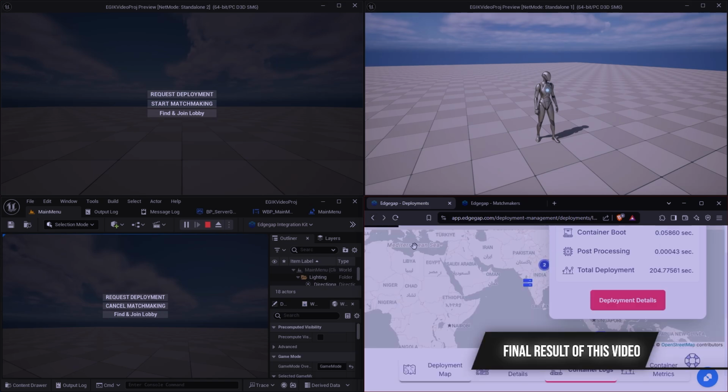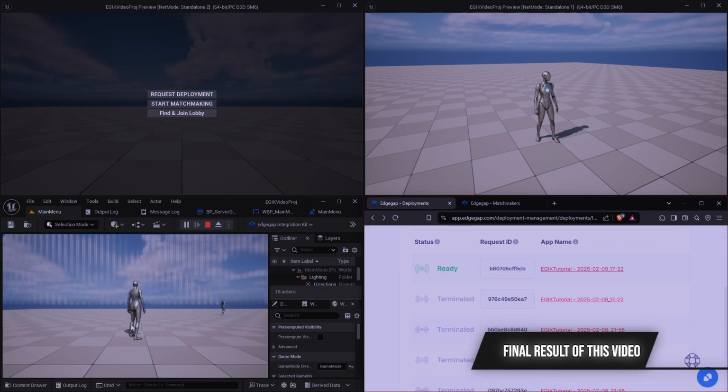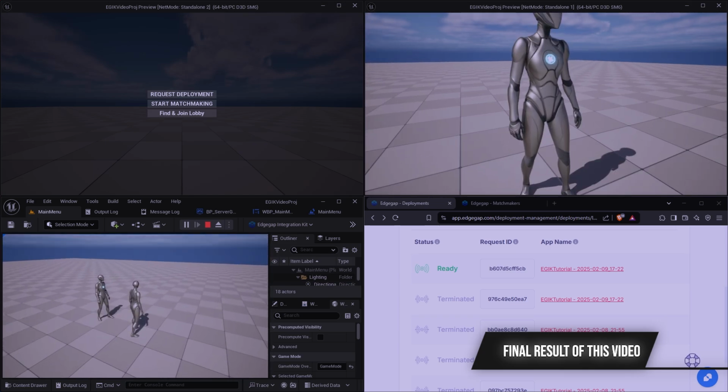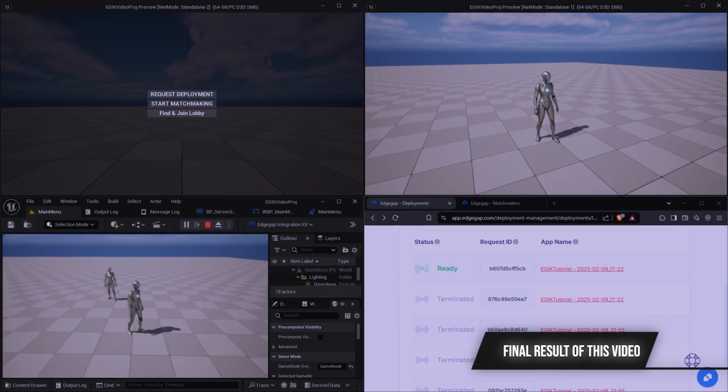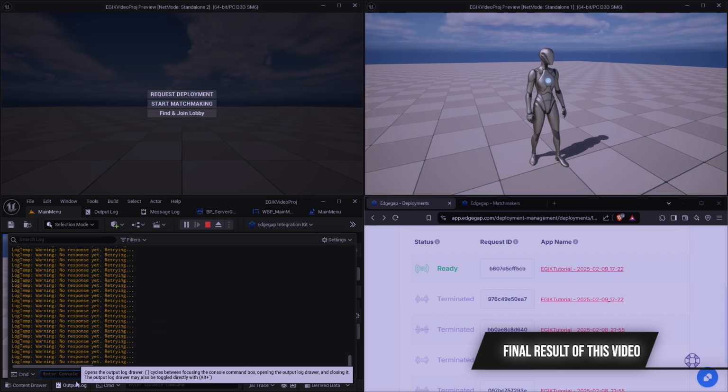Two important points to keep in mind is the backfill ticket can only be created by a dedicated server that is running on Edgegap, and that was started due to the matchmaking process because there are some injected values that are passed to it, which are available only on that server, and they're injected as an environment variable. The second thing is